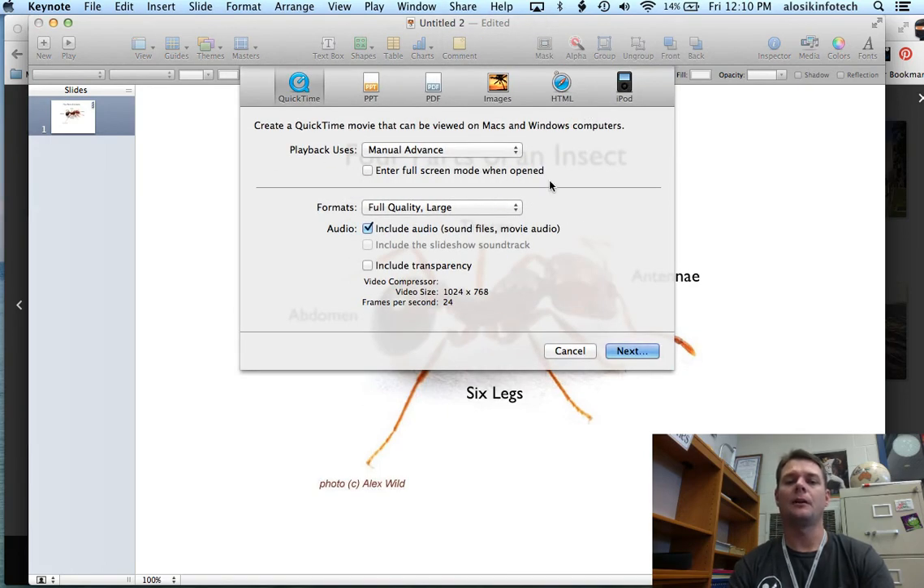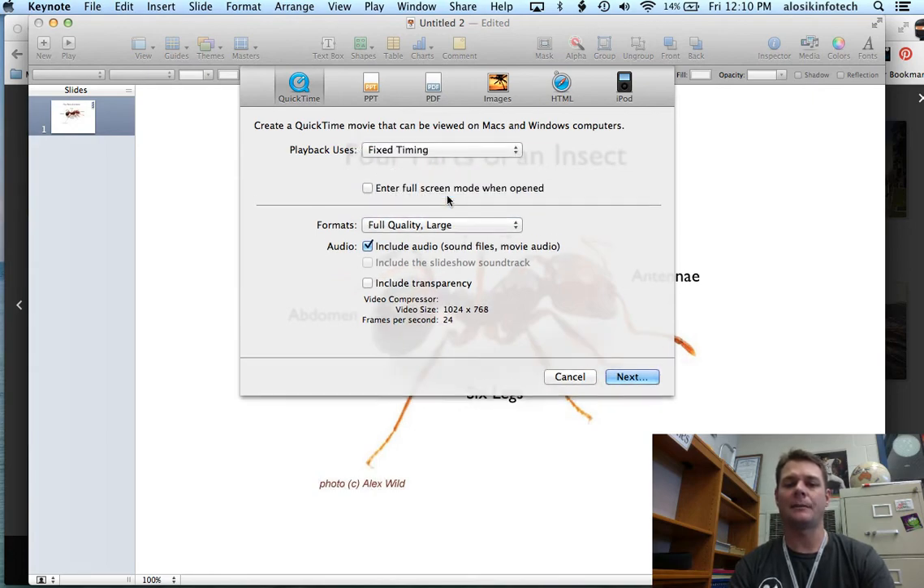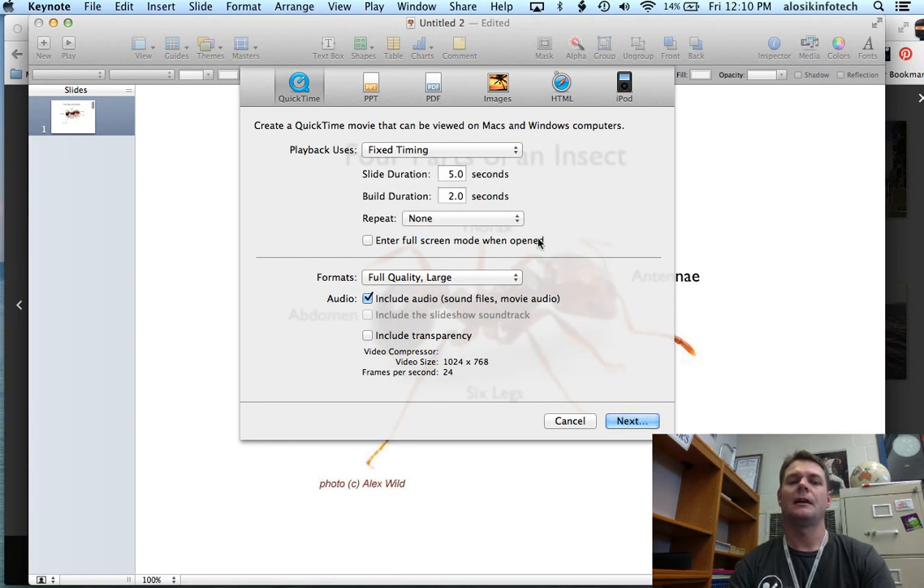Okay. So, a few things to think about here. I want fixed timing. Slide duration is going to be 5 seconds. The build duration, I'm going to take those build durations down to about 1 second. Okay, and then let's extend the time of our slide to about 8, because you got the ant coming in,